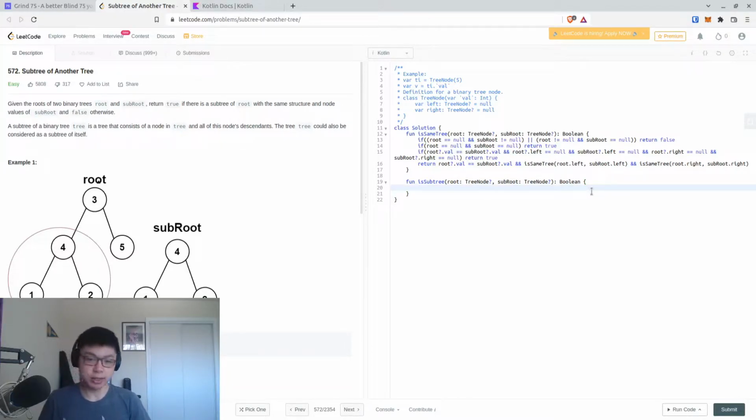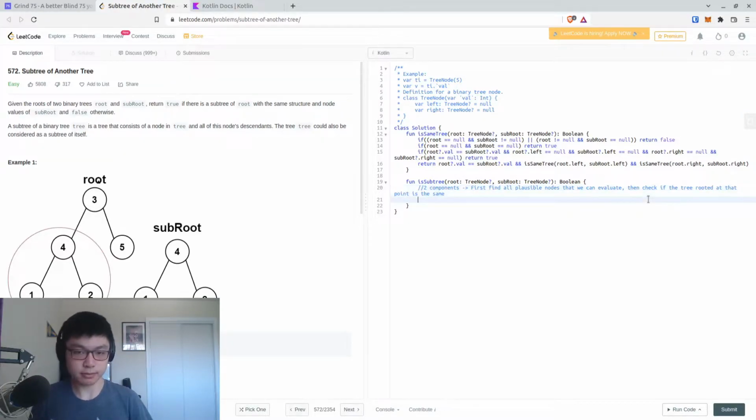So now we need to actually go and find the node. So two components: first find all plausible nodes that we can evaluate, then check if the tree rooted at that point is the same. So now we need to do a traversal here. And I think in this case, we can just do